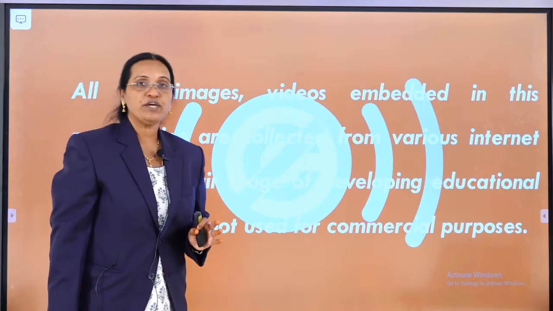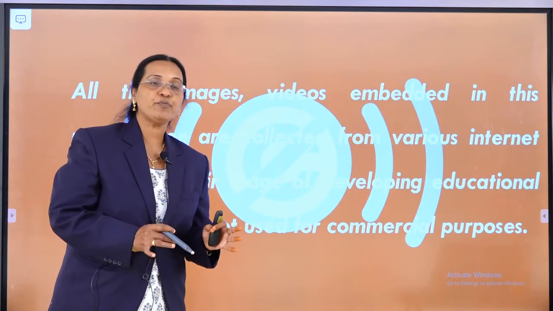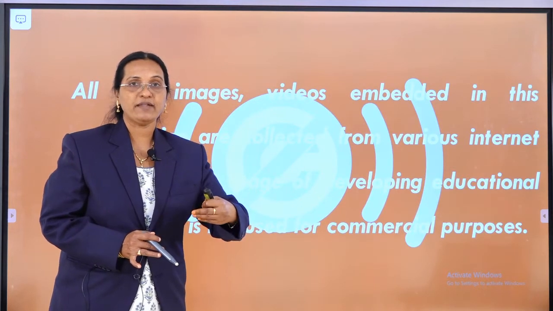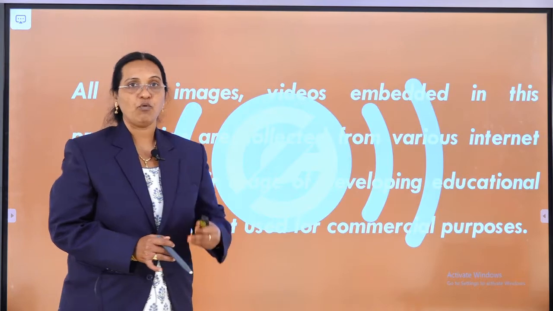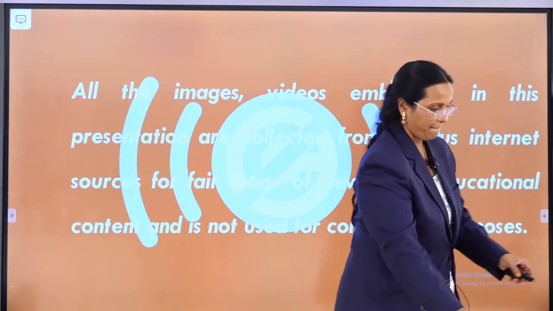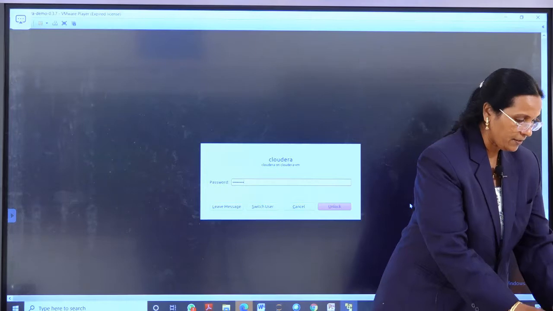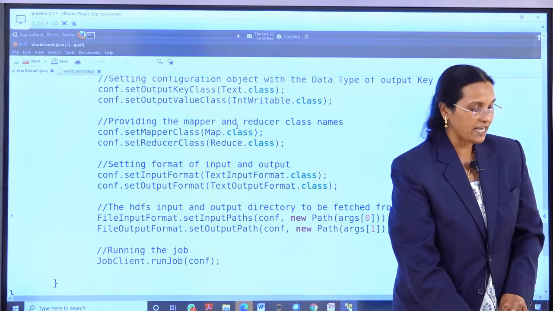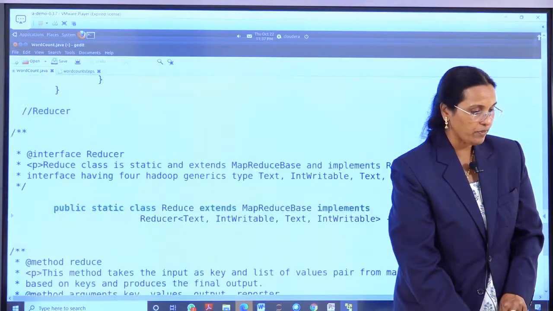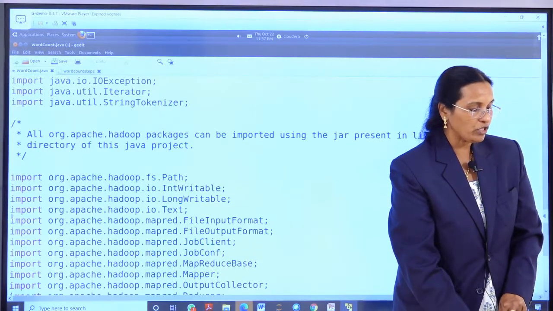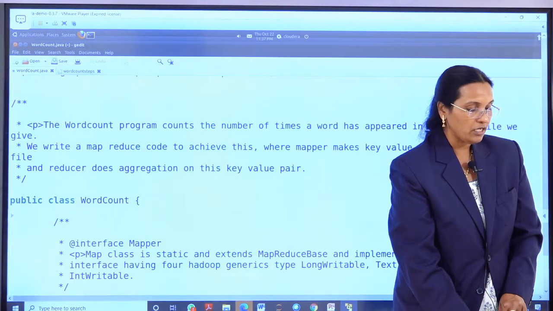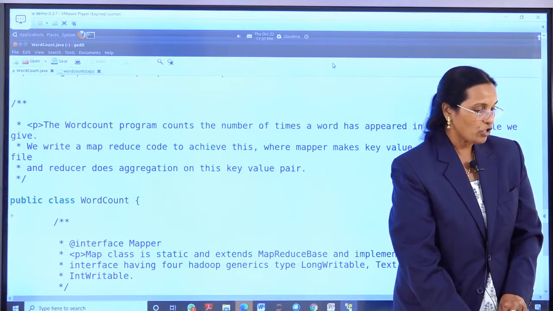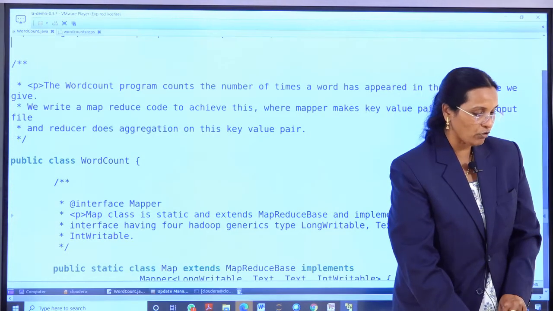So what we are going to do now is the execution of the word count program. I am going to show you in my laptop in a systematic manner so that you can implement it at your working location. I am making use of Cloudera. In our previous class we have seen the word count program. I have explained the packages, the driver code, the reducer code, and the mapper code. So now we have to see the execution.